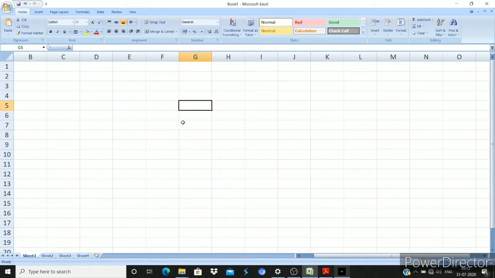So cell address, what is the meaning? Whenever we select any cell, this is the bar which shows the address of that particular cell. And what is the meaning of cell address? The name of that column and the name of the